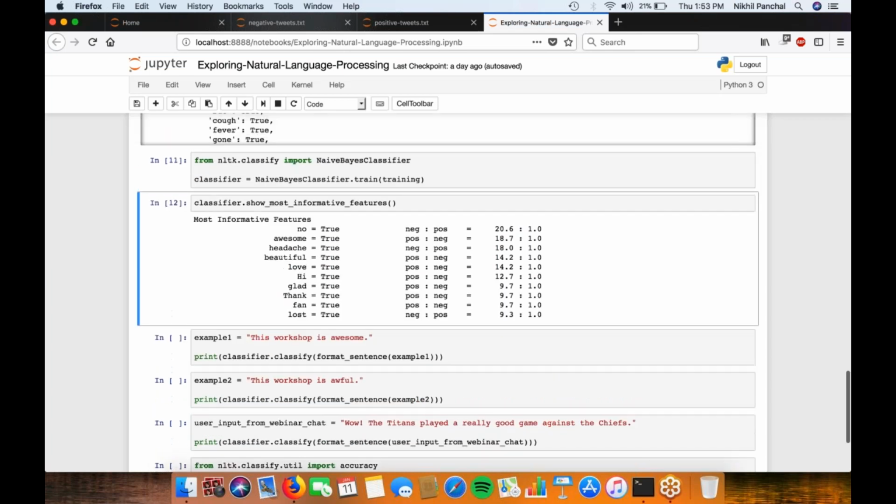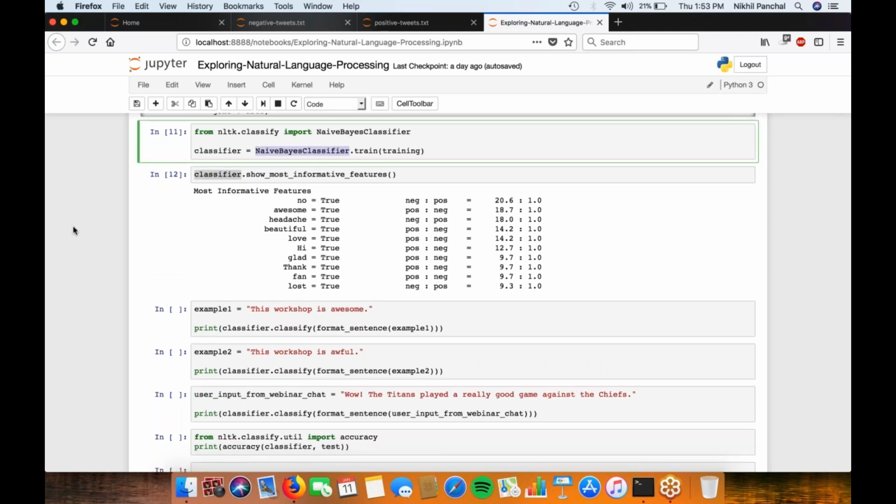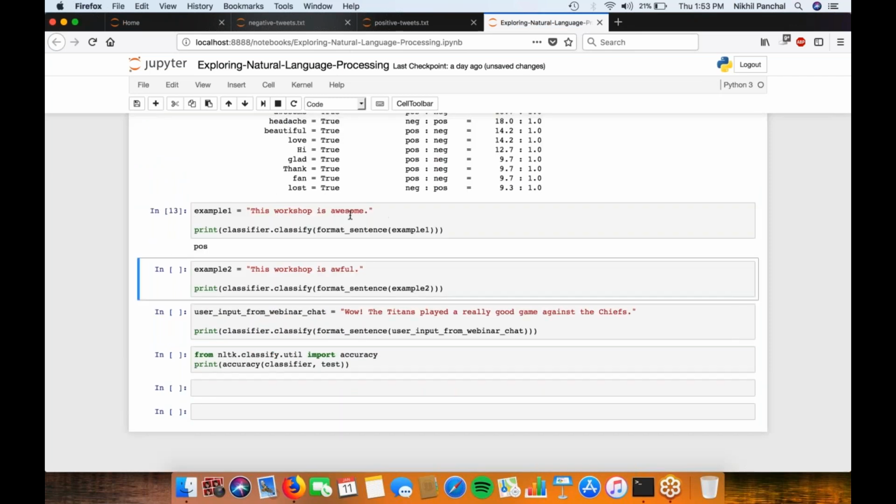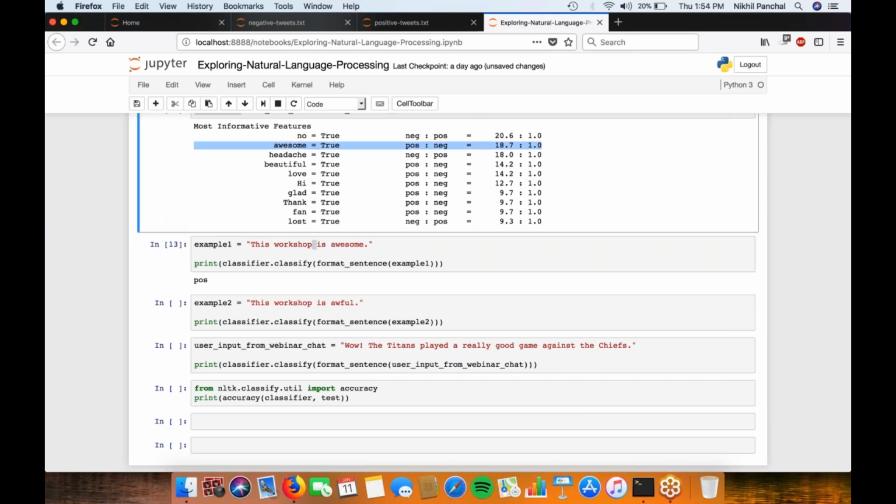And this is, again, something that's exposed, this function right here, by this classification module, the naive Bayes classifier, inside of NLTK, which is just really cool. So if I do Shift-Enter with example 1, what's going on here is just an example of a string, a sample tweet, if you will. It says, "This workshop is awesome." Awesome is actually the most indicative word inside of our